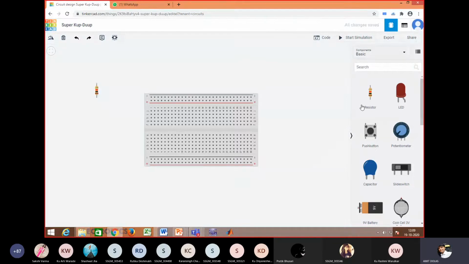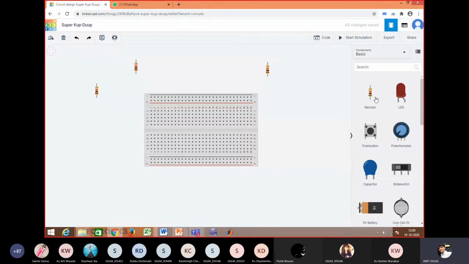So the name R1 is given. I'll use another resistance. This will be R2, and it is again of 1k. I'll use another resistance, R3, again of the same value.